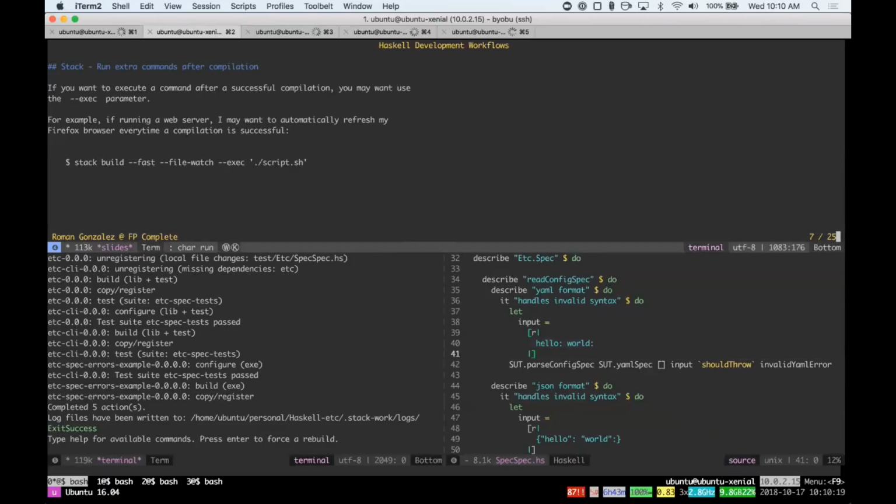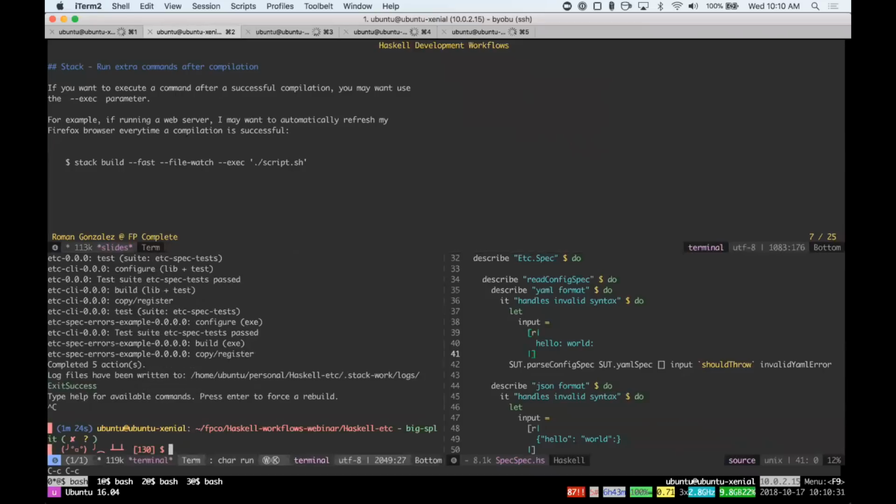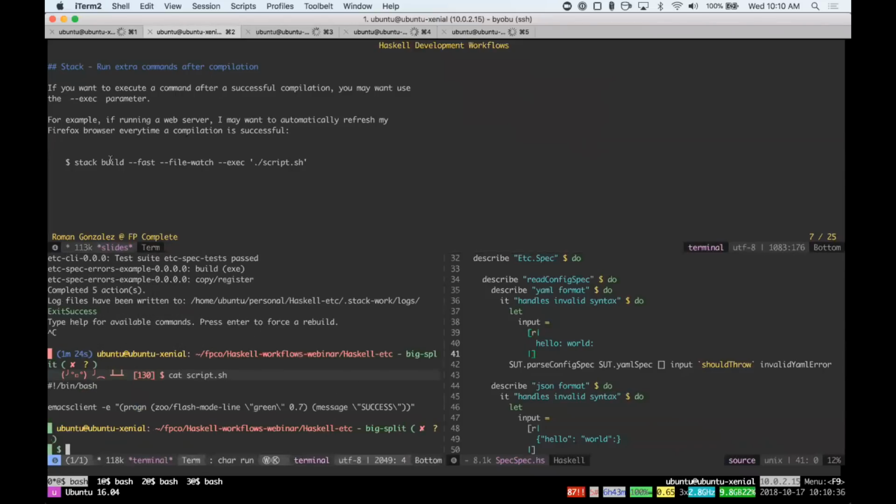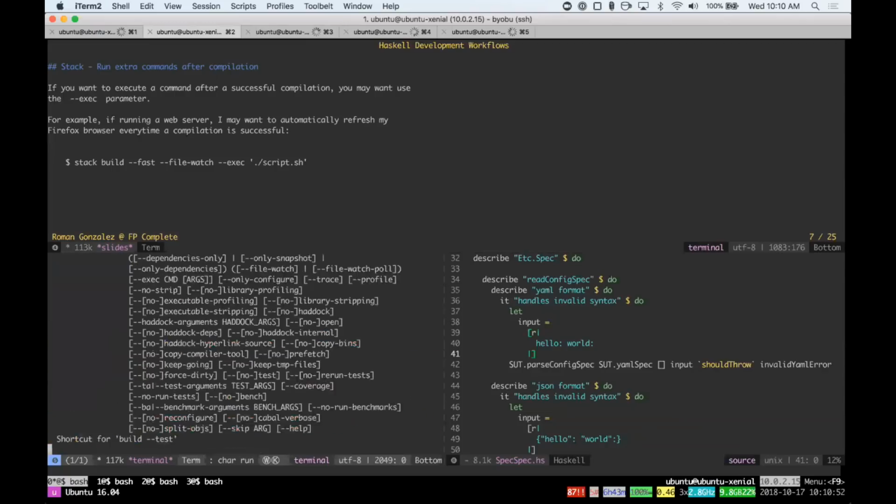You can also, besides getting test suites executed or the code compiled, execute scripts after something has finished. So for example, in here, if I want to execute a script, I have a script here that executes this command line, Emacs client, which is a way to communicate to my Emacs program and execute this line of code. If I do exec script, this H in here,